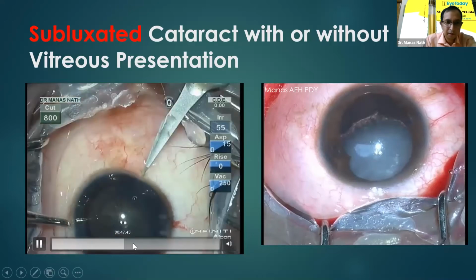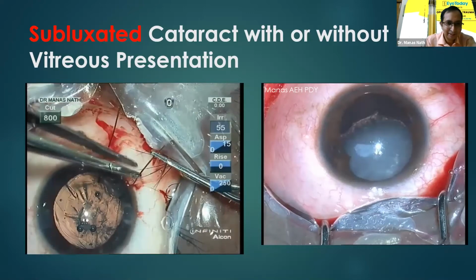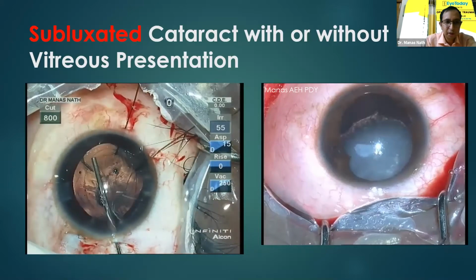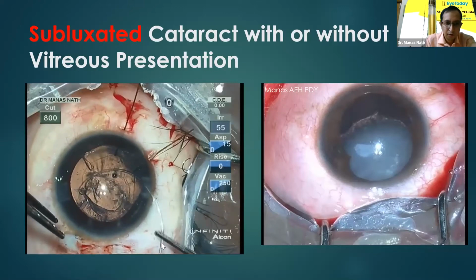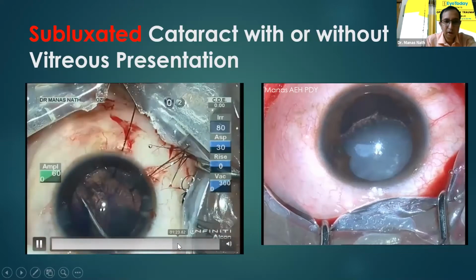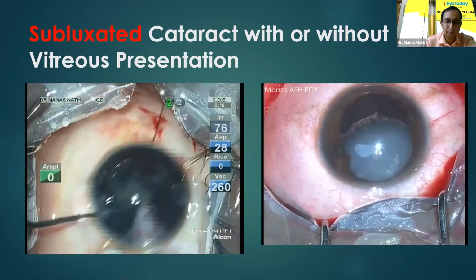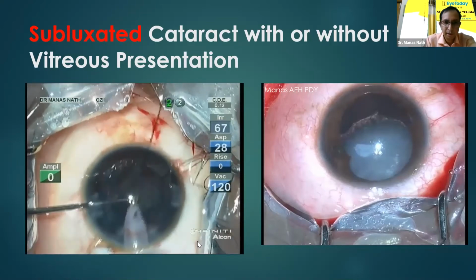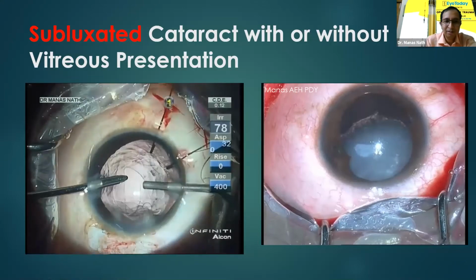Now I am placing iris hooks to support the bag in the area of the zonular dehiscence, injecting viscoelastic just underneath the capsule to create space for the introduction of the CTR as well. Once it is done, the CTR is being placed. As the cataract was quite soft, I am removing it with very low parameters: low bottle height, low flow rate, and never allowing the chamber to collapse whenever you are removing either the phaco probe or the irrigation cannula.